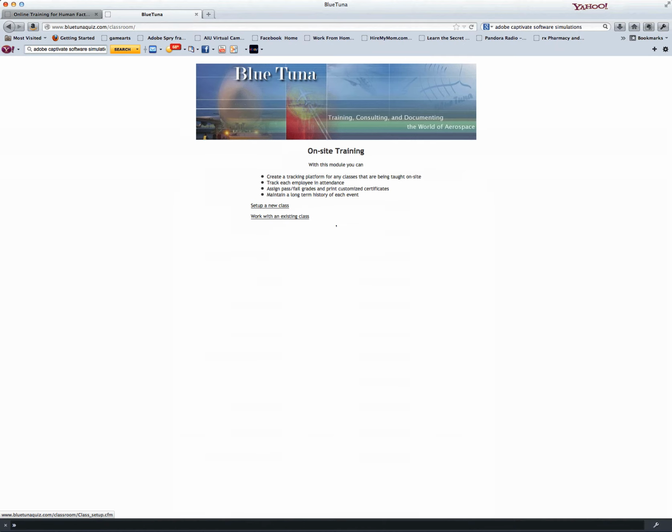and from here it does a little description of different things that it will do for you, such as create a tracking platform, track each employee in attendance, assign pass-fail grades, and print customized certificates, and you can maintain a long-term history of each event. So we want to set up a new class,